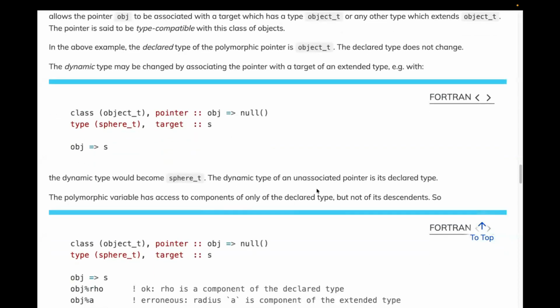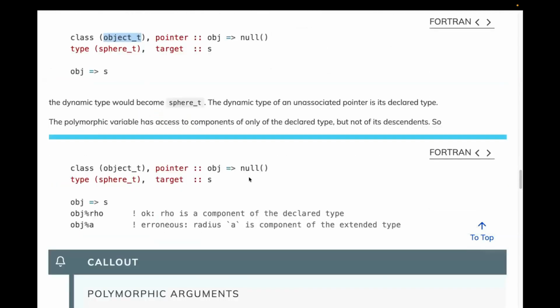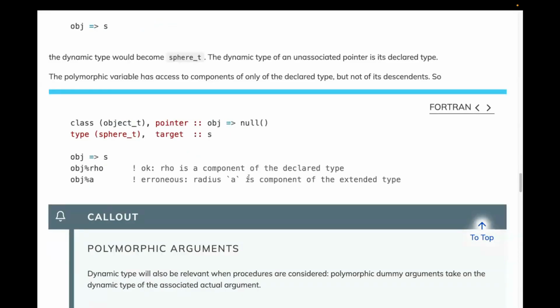And if at any point it is unassociated, its dynamic type just becomes its declared type, object T in this case. The way that you use this now is that the polymorphic variable gets access to anything of the declared type, any of those components in it, but not of its descendants. So when we point the example obj towards S, that means that we can access any components of S